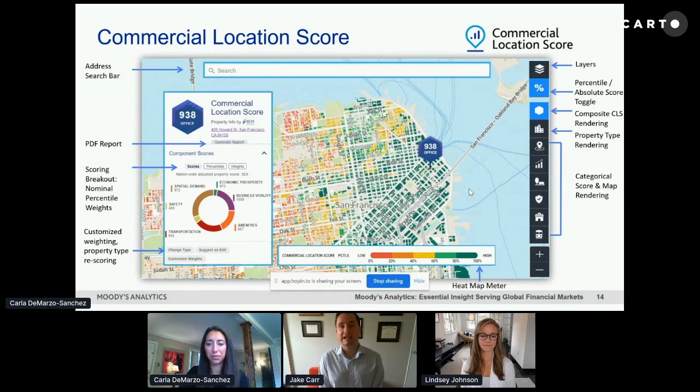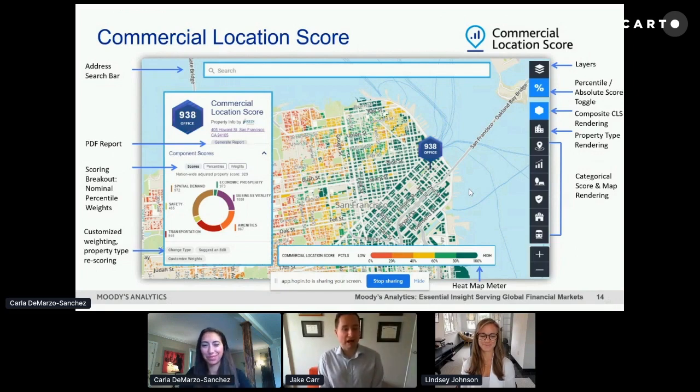We're also highlighting a specific example here, specifically 405 Howard Street, which is where our offices are located. You're being told that indeed that is an office property and that the location score for that specific location is 938. And that's actually really good. As it turns out, the CLS modeling framework scores each and every commercial property in the US on a scale of 400 to 1,000, 1,000 being the best, 400 being, I don't want to say the worst, but maybe not as good. So 405 Howard is up there.